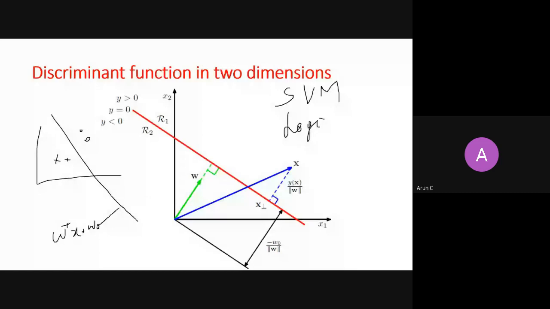The moment you get to know what W transpose and W naught are, you understand two things. Can anybody tell me what W naught is telling me? The distance of the hyperplane multiplied by the norm of W. Right. Whether it's a scaled distance or a normalized distance, it is the distance of a hyperplane from the origin. Can anybody tell me what W transpose, or W, is telling me? Don't take transpose. What is W telling me?